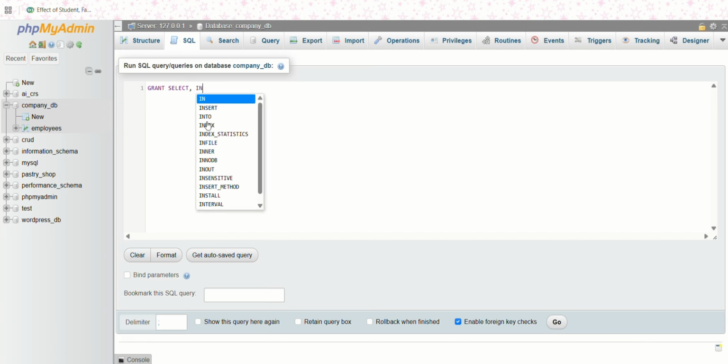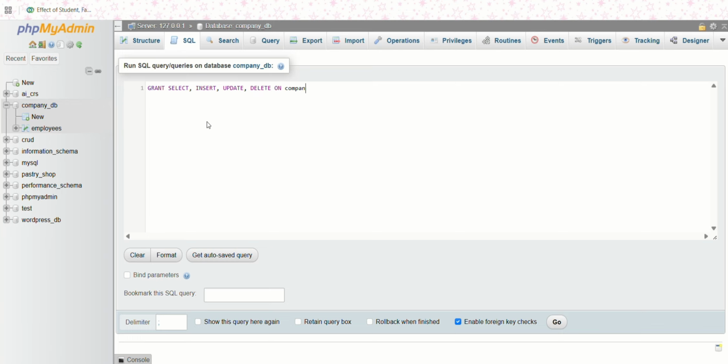So for the admin user, I grant full privileges on the companyDB database, including select, insert, update, and delete. So this user has complete control over the database.